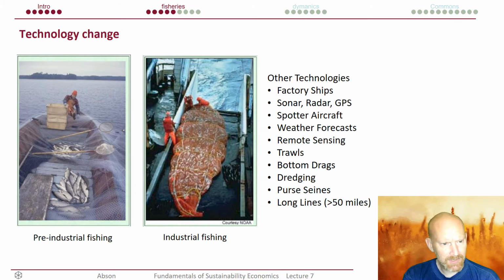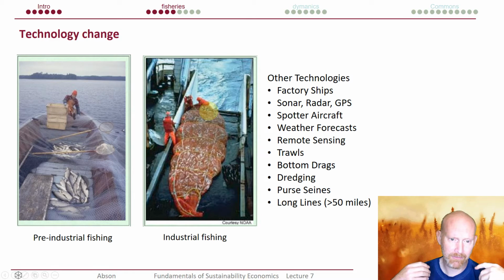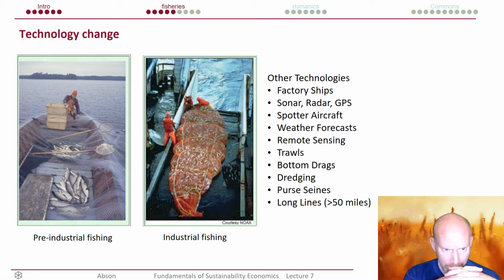Then there are other factors which matter here. Pre-industrial fishing, people went out on boats with small nets and caught small amounts of fish. Now, and this is actually a very small modern net, people go out with huge fishing trawlers and can catch massive amounts of fish in one time. And that's not just a question of the ease at which you can catch fish now. It's also a question of how quickly the feedback comes between diminishing fish stocks and diminishing fish catches.